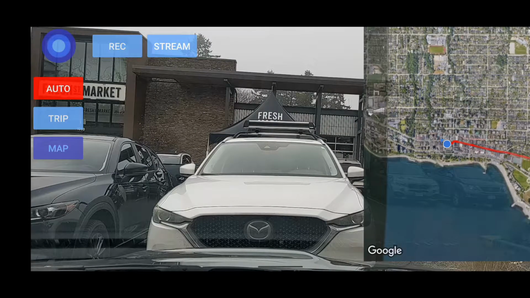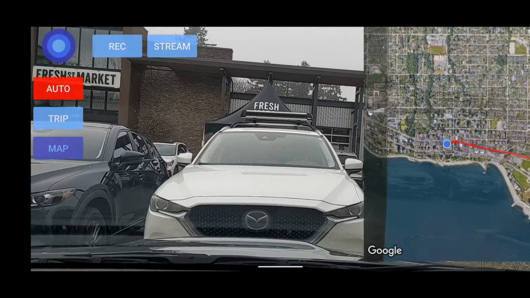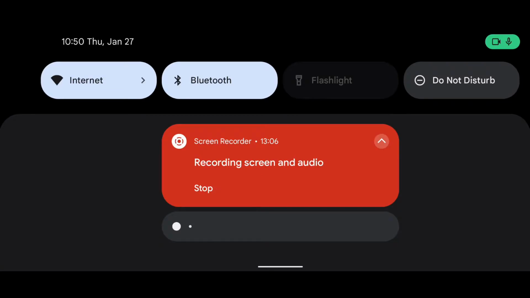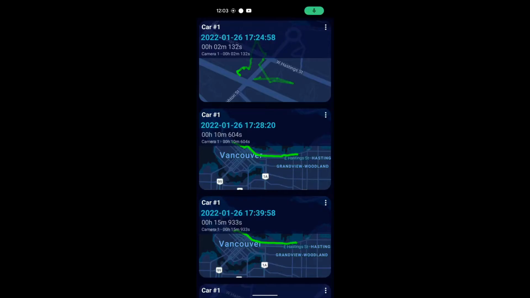Okay, so now that we're at the end of our trip, you'll see that the auto feature stopped the trip, stopped recording. So let's take the phone out of the bracket and let's go inside and have a coffee with our friend and review our trip. All right, so now that we're back from our trip, we can go to our trip list